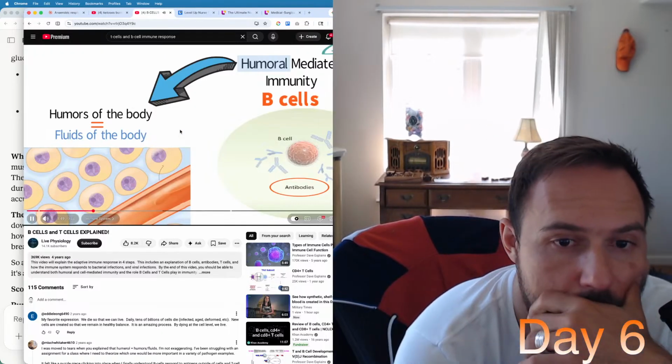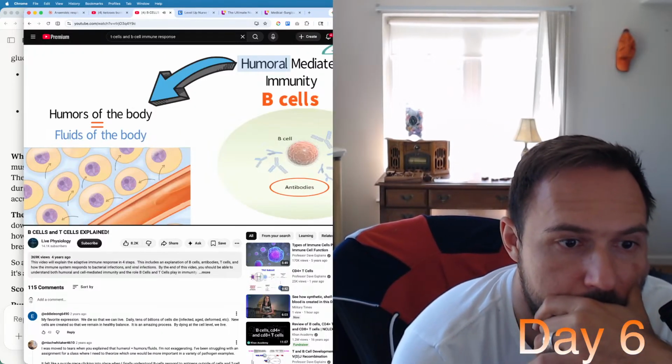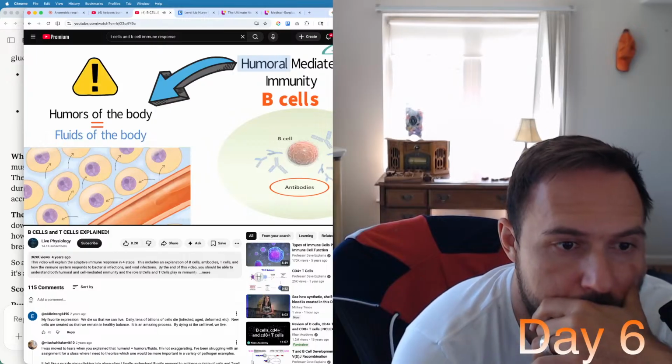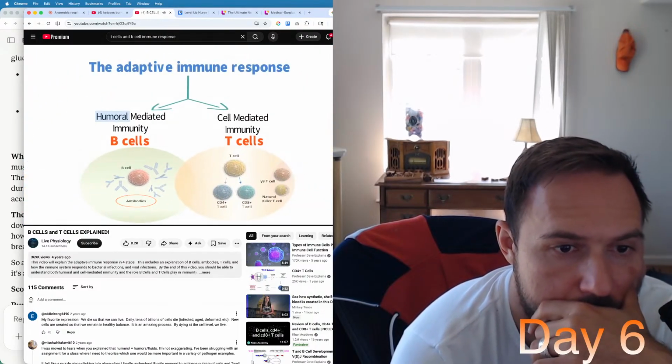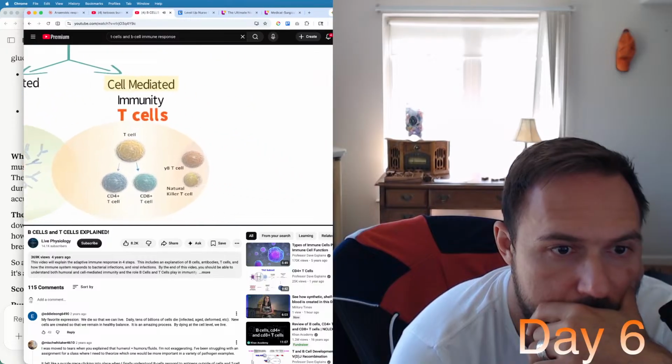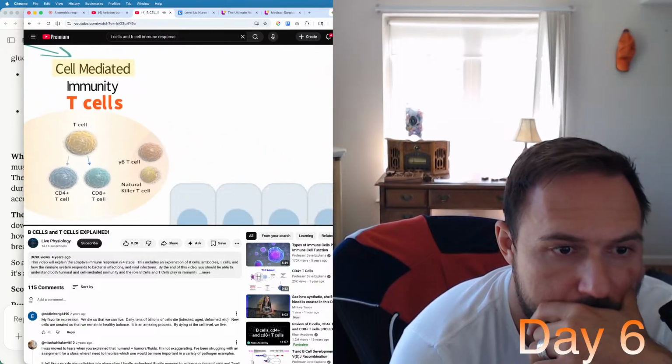If an infection has reached the inside of a cell, humoral-mediated immunity will not be effective. This is why cell-mediated immunity exists. T cells protect the body from infections that have reached the inside of cells. Thus,